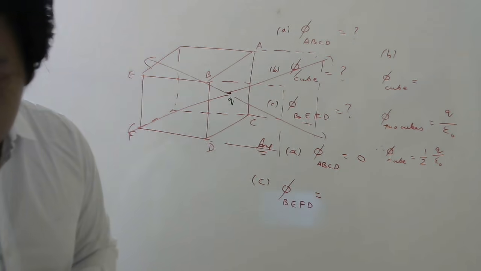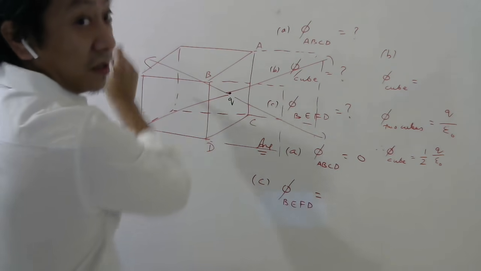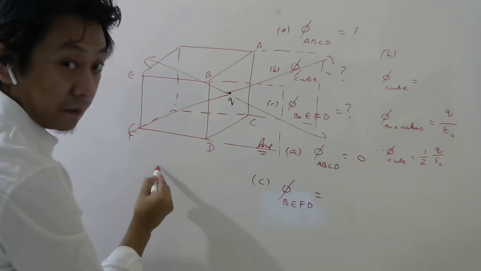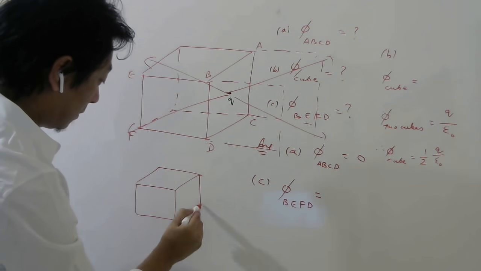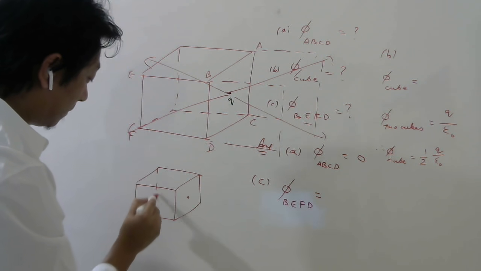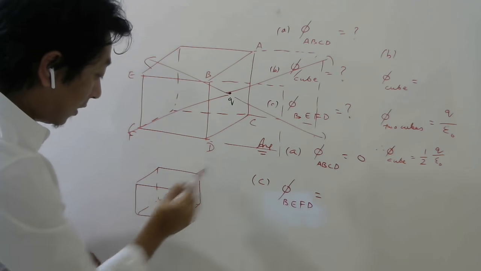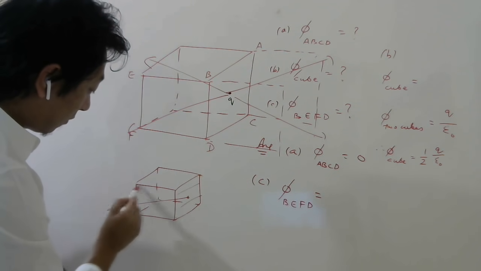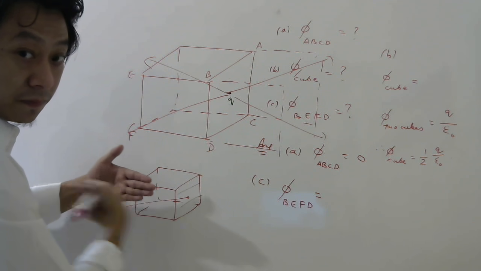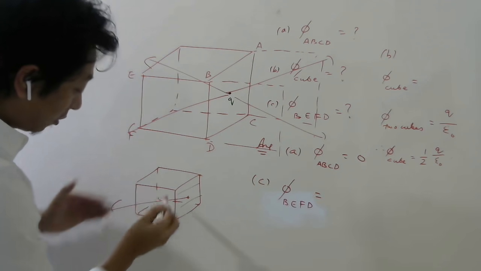Okay, so let us imagine again. Here is the cube. This charge is here, right? So let me draw it this side. Let me draw it here. So the charge is kept here. Any electric field lines you draw will not cut this surface, but they will obviously cut this surface. It will come out like this. Right? This is the surface. These lines, if you draw like this, will come out of this surface.